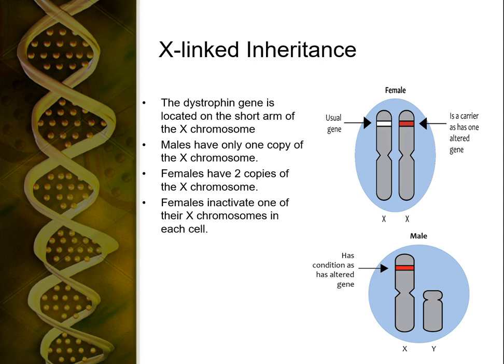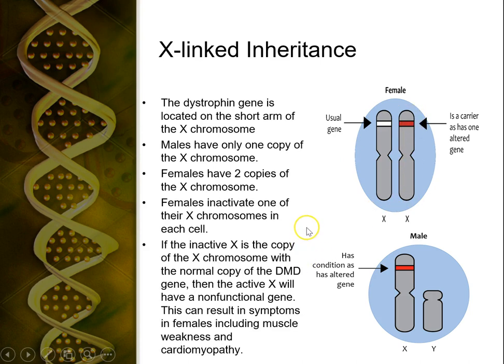With female X inactivation, in some cells this X is inactivated, while in other cells this X is inactivated. The problem is, if the X that has the non-functional copy of dystrophin is inactivated, that's fine. We have normal dystrophin in the cell, and so the muscles are happy and everything's working well. However, if this is the X that's inactivated, then the only X that's active is making non-functional or maybe no